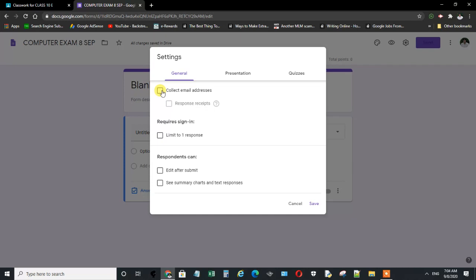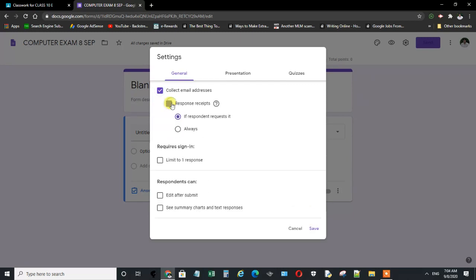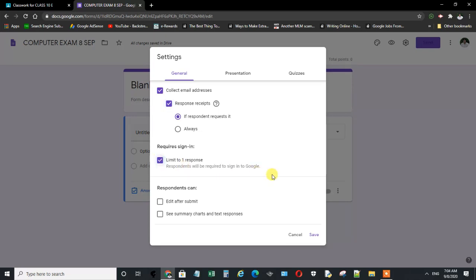Choose this option, collect email addresses. It means the student has to fill in the email address compulsorily. Click on the response receipt. If the student wants to see the response, he can see the response. Then click on this option, limit to one response. It means the student can answer it only one time. He can take the quiz only one time.